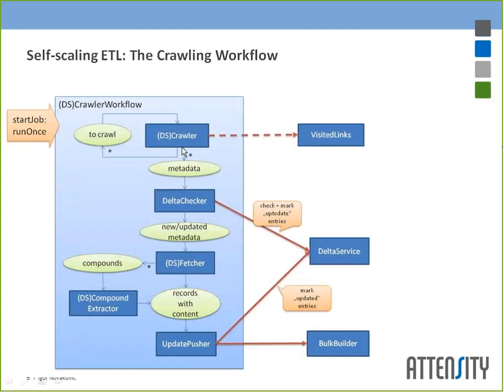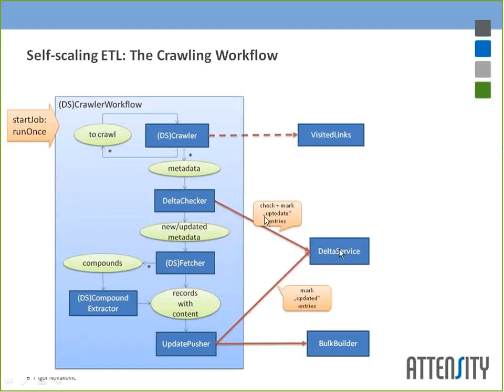After the crawler has done its work and put some records with metadata in the metadata bucket, another component called the delta checker comes in, which checks if this resource, or in our case record, has been changed since the last execution of the crawling job or the crawling workflow. Why did we do it? The answer is quite simple. We don't want to reprocess the records that have not been changed since the last crawling work. So we have to do some kind of filtering, and this filtering is done by the delta checker,